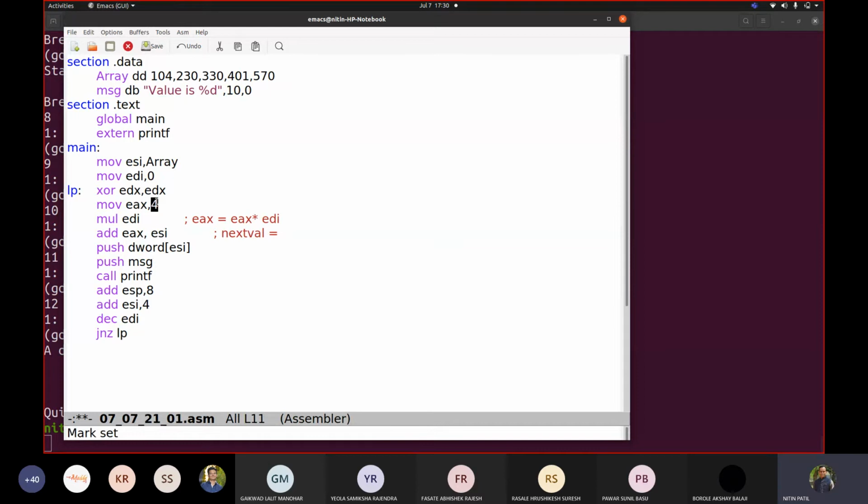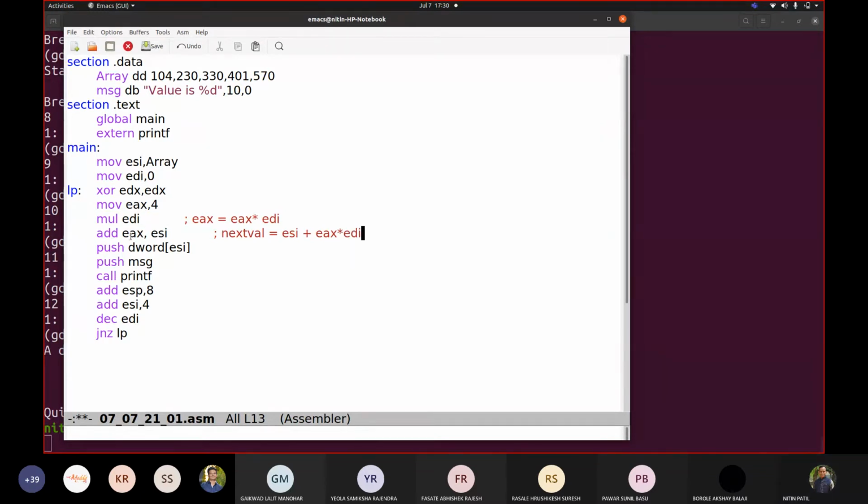This EAX is size. Correct. This EDI is an index. So index multiplied by size. This calculation is already done, and then we are adding that to EAX. So it is like this. So the next value would be found this way. That's what we are carrying out here.